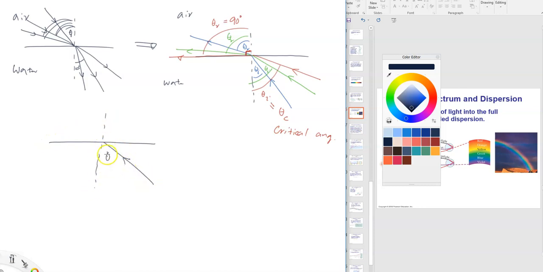So here comes light coming in with theta C. Coming in with theta C, refracted light goes along the surface, making 90 degrees over here. This is the critical angle. If I go beyond a little bit,